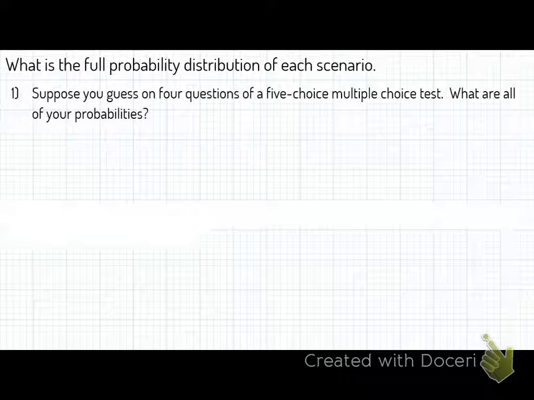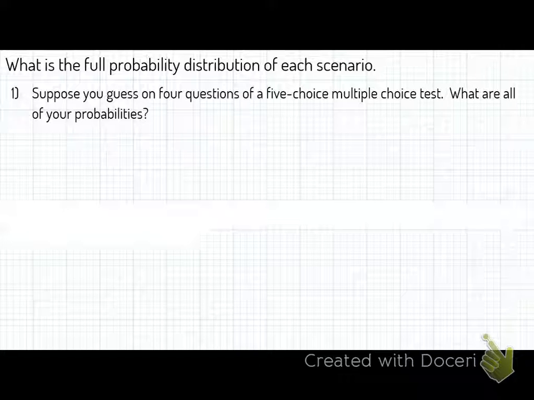Okay, so we're going to guess on 4 questions. When you guess on questions, do you feel pretty good about yourself? No. Do you think you could get at least 1 right? 2 right? 3 right? At least? Okay. So I'm going to talk to you about the mathematical reality of what happens when you start guessing, okay? So the first thing I need to do is figure out my P, Q, and N, okay?